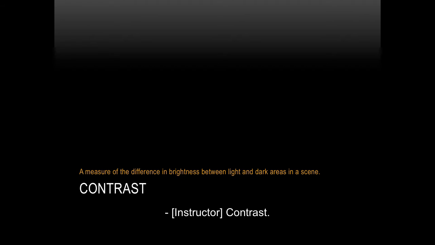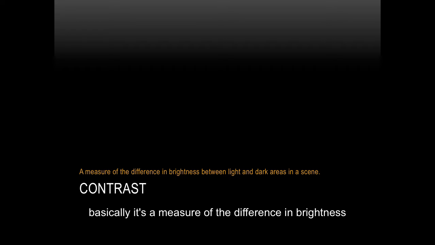Contrast. This is one of those design principles that we have talked about previously in composition. When we look at contrast in a photo though, basically it's a measure of the difference in brightness between light and dark areas in a scene or in a photo. And a histogram can really describe the amount of contrast that we have. If we look at this example,